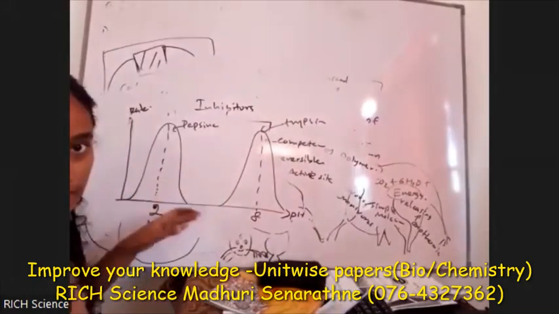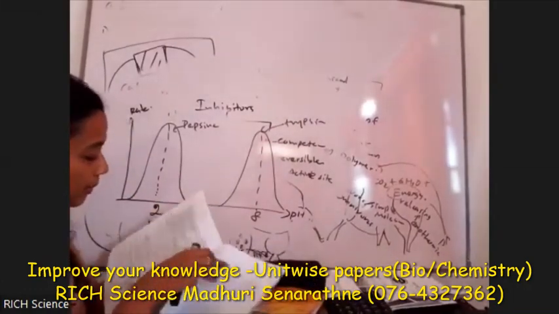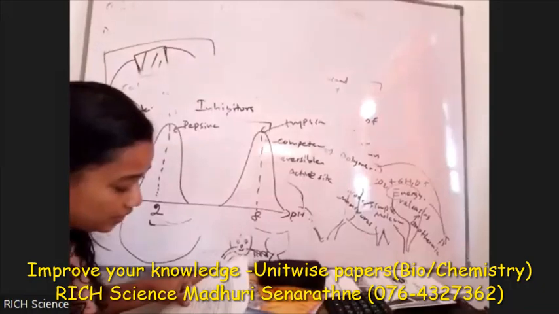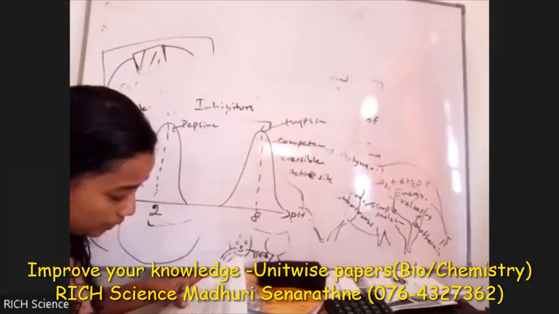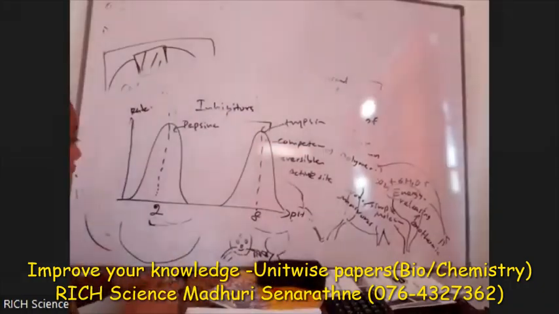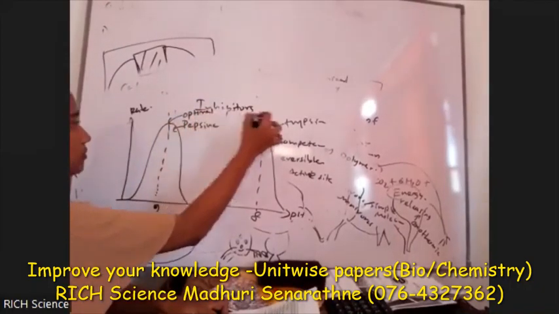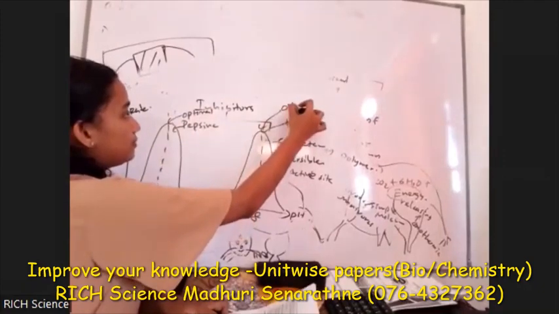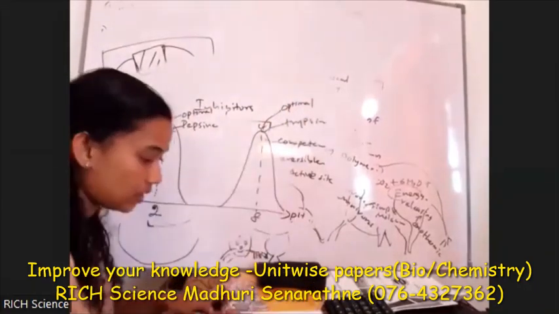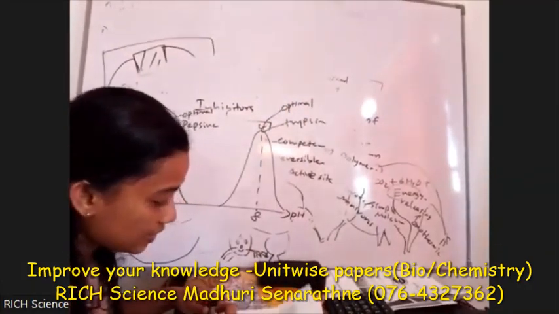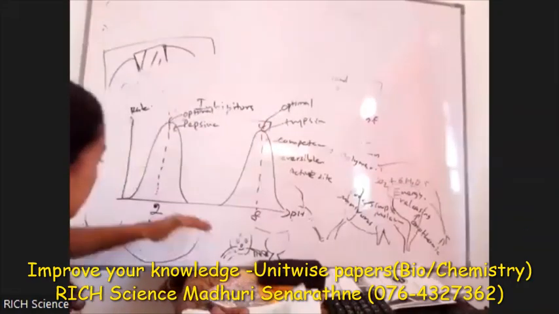You can draw this one also. When the pH decreases than the optimal value, if this is the optimal value, when the pH decreases than the optimal value, that means here,